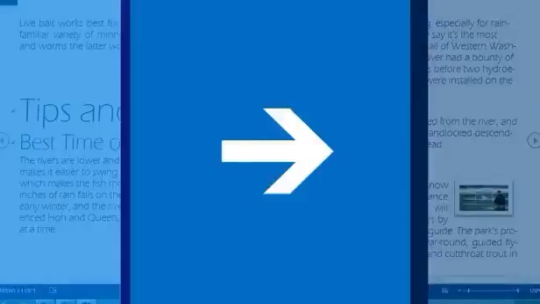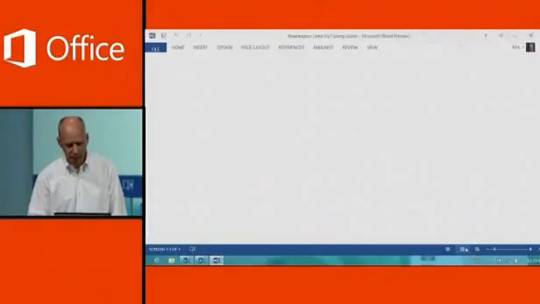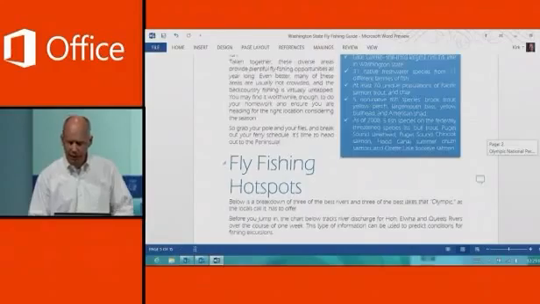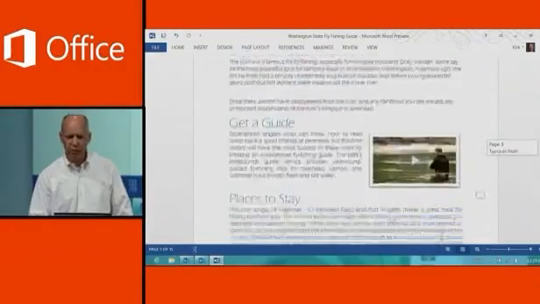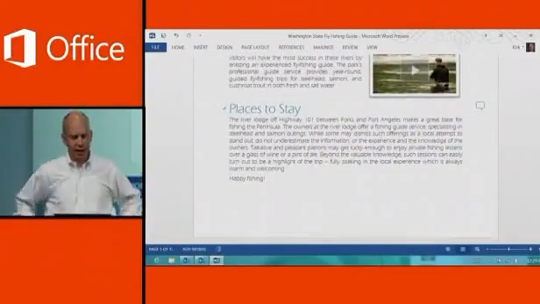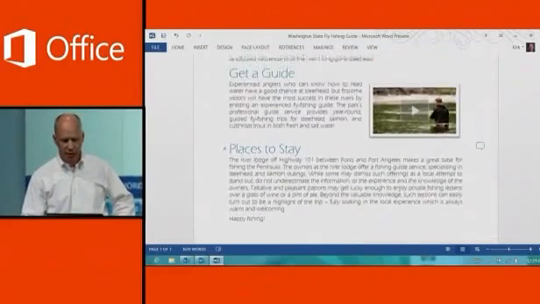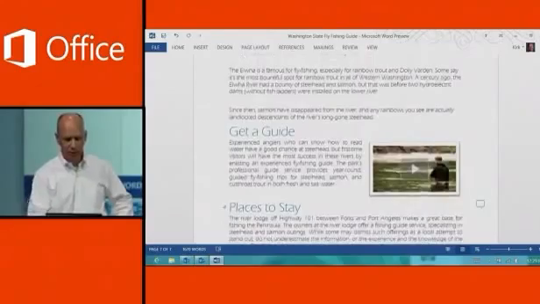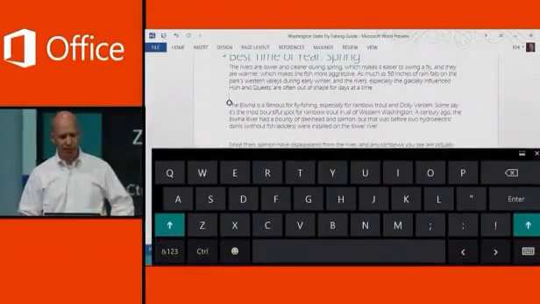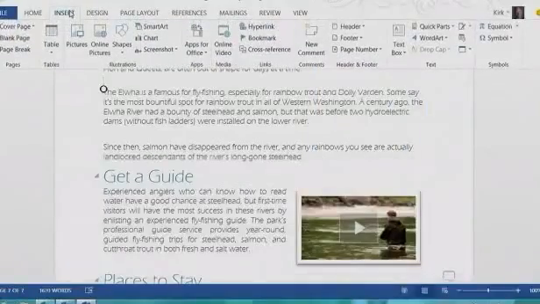Now, I want to drop out of reading mode for a quick moment, make a quick edit to this document so you guys can see what we mean by moving content from device to device as I sign in across my devices themselves. I'm going to scroll up a bit here and show you how simple it is just to use my finger, go ahead and add an image. I'll click on Insert,